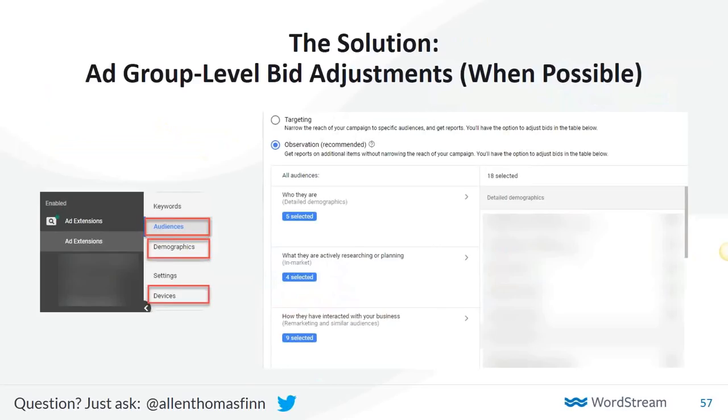So you can use demographics, obviously, and we'll elaborate on that in just a second. But you can also use in-market remarketing and similar audiences. And here you're definitely going to want to make sure that you stay in observation mode, not targeting. Observation will allow you, even if you just have a 0 bid adjustment, so you're not actually using the audiences, to look at the difference between performance across audiences and then decide whether or not you would like to make adjustments. So that's a pretty low risk way to learn more about the audiences that actually want to interact